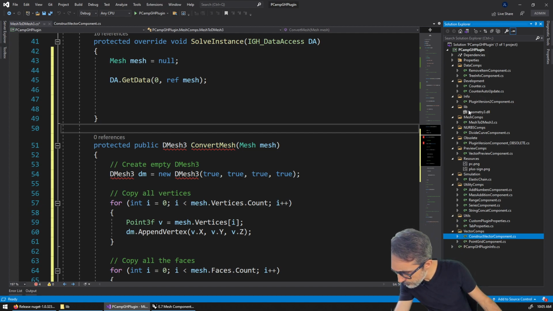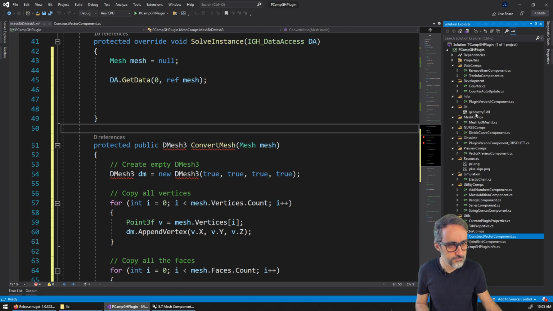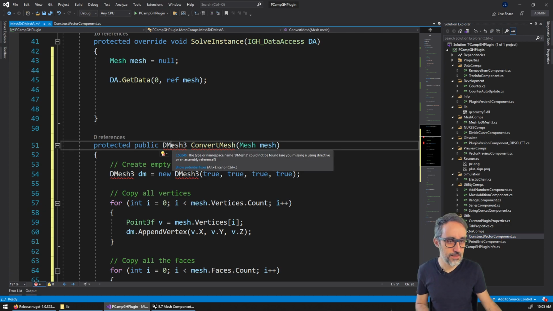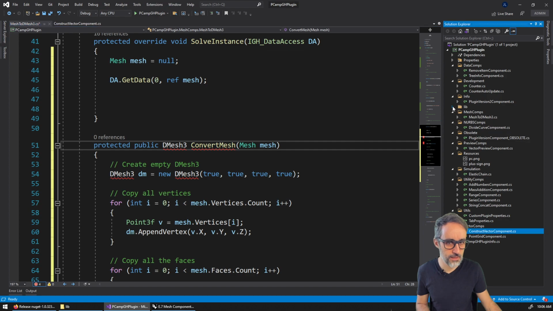Sorry, is now showing up here, correct? But I still get the same error. So the only thing that's changing is that I do have access. I can see my folder, my library here. The problem is that